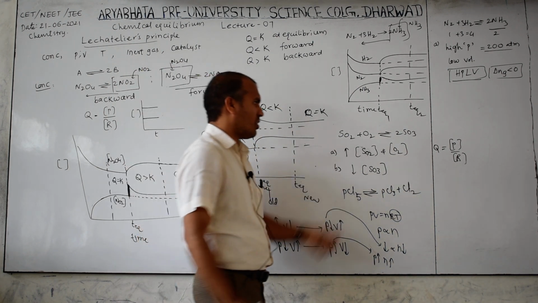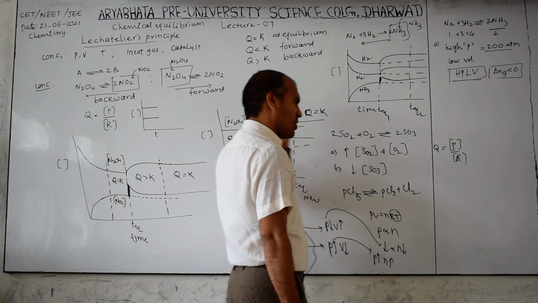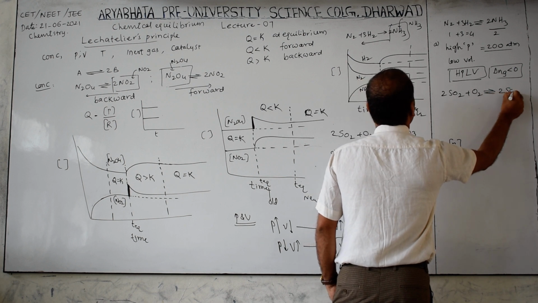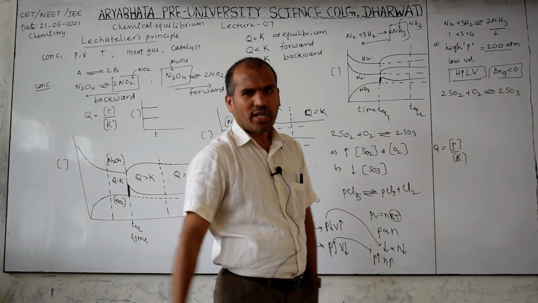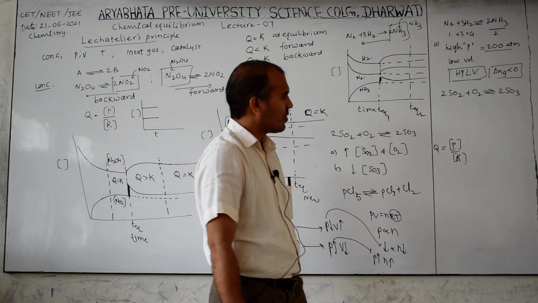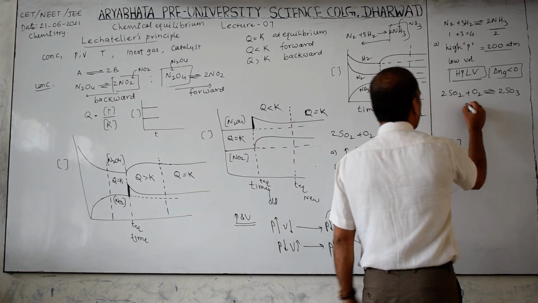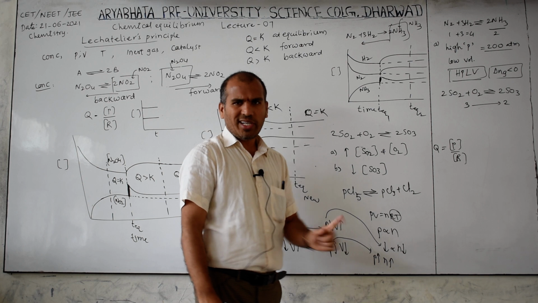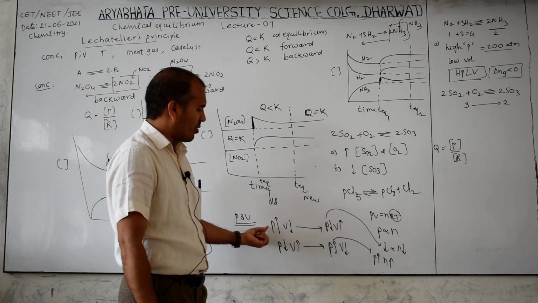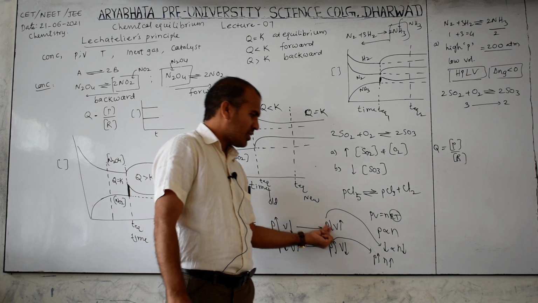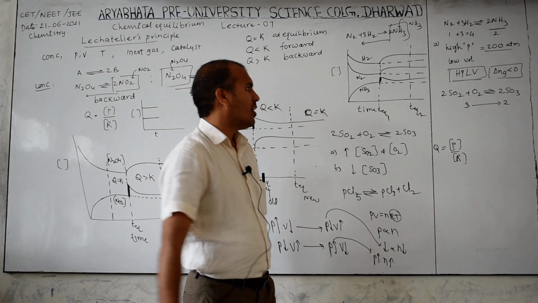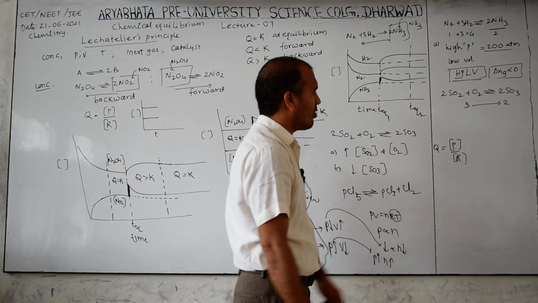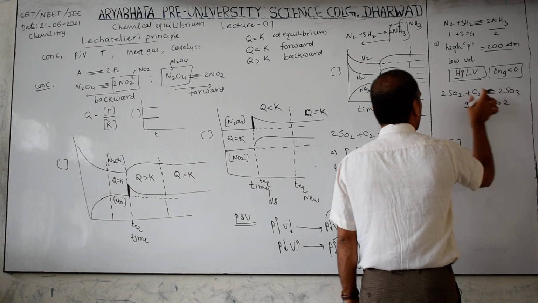For this reaction also, consider 2SO2 plus O2 gives rise to 2SO3. To form more SO3, what is the favorable condition? Here 2 plus 1, 3 moles, and here 2 moles. So in which direction does the reaction move? Toward the side with fewer moles. Which condition is favorable here? High pressure. Pressure increase means the reaction moves to the pressure-decrease side, therefore toward fewer moles. Therefore high pressure is required, HP means high pressure. Automatically low volume is required, because for this reaction delta Ng is less than 0.